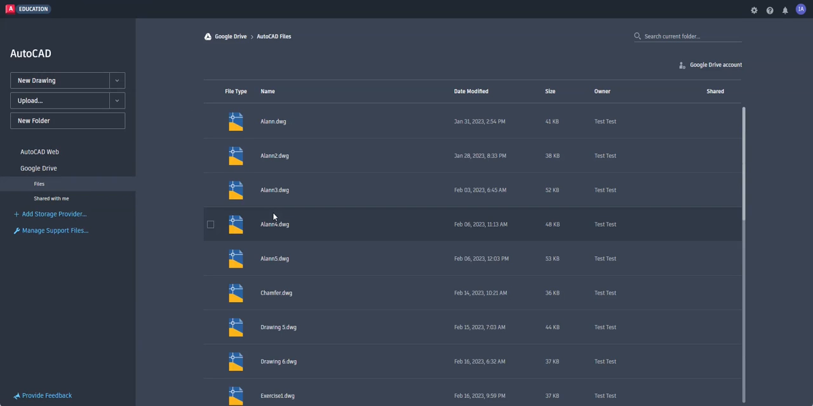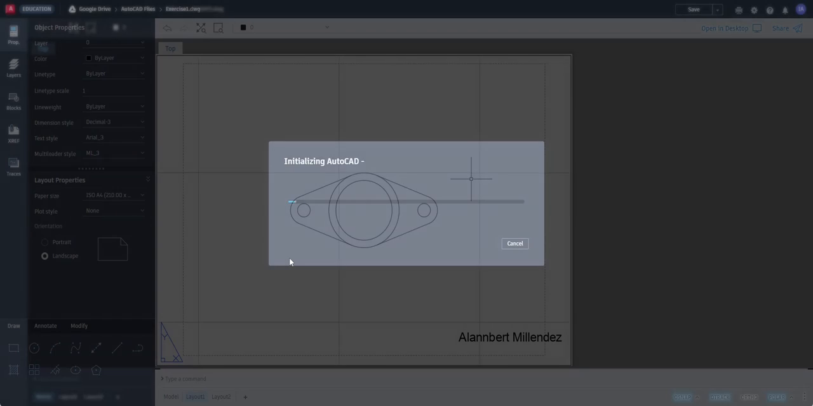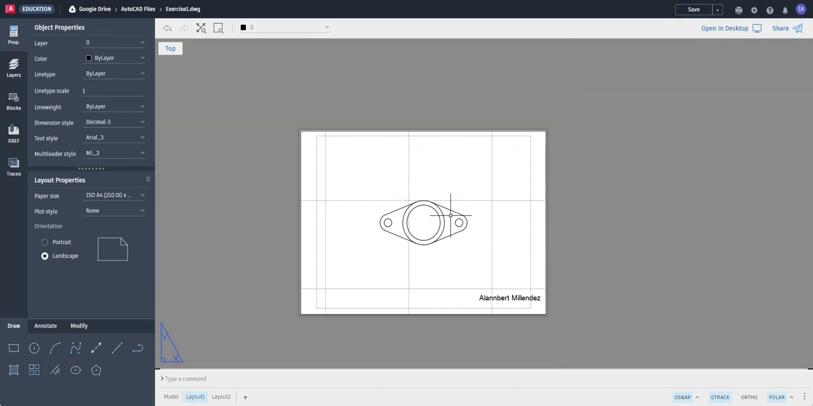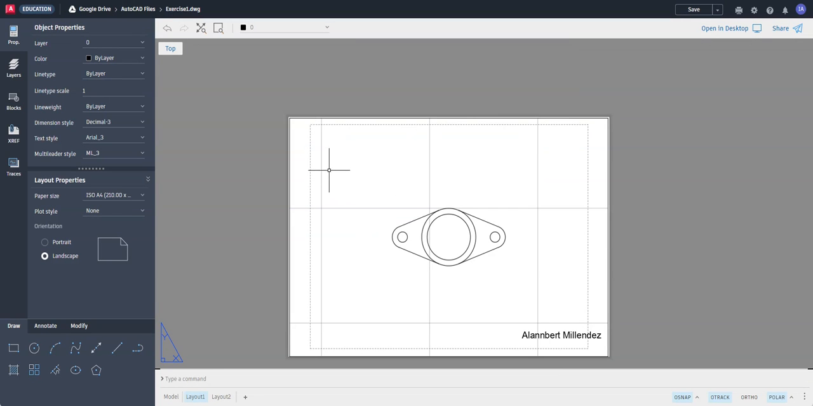Okay, and I'm going to open my exercise 1. Once exercise 1 is open, okay, I'm going to be in paper space. What we're going to do now is we're going to create a margin here, okay, or a block, so to speak. Okay, so I'm going to put my stamp here, and to put that stamp, I'm going to use blocks, and